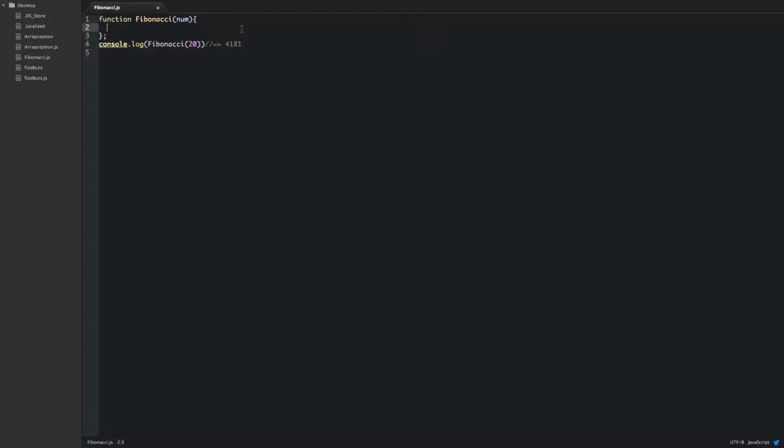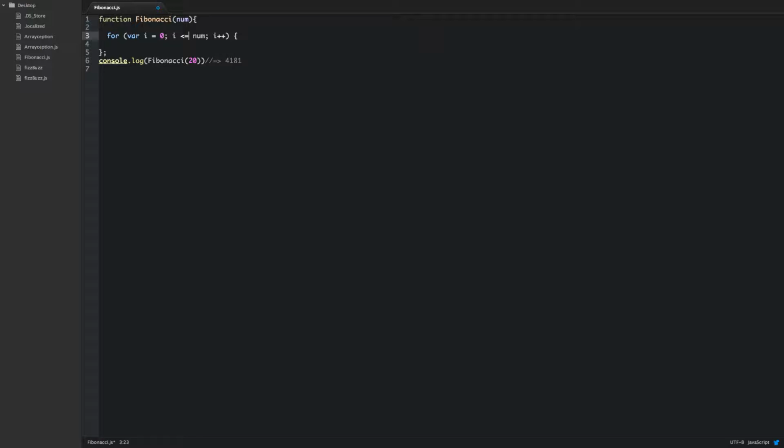Since we already know it's a for loop we're probably going to create, let's do that. Let's create our for loop, and we know its number. Since that's what we want to return, we probably want to make i equal to that number